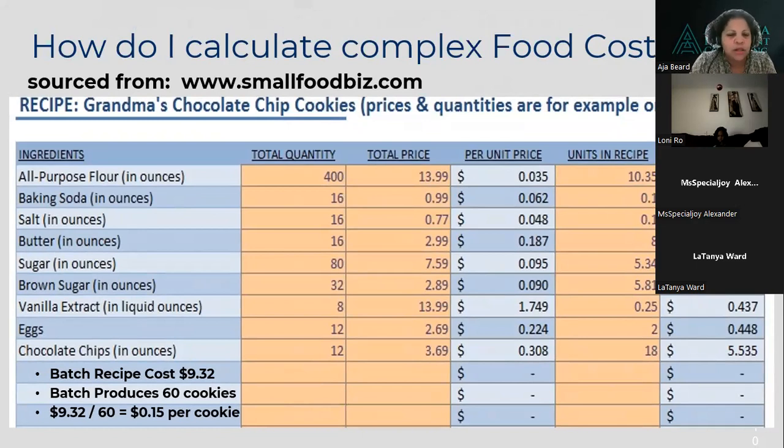And that's what I do with clients one-on-one. I will have this template out and we just start plugging in the items for each recipe. I'll usually do about 2 or 3 with them until they get the hang of it. And then I give them the template and they're off and running. They cost out everything else.